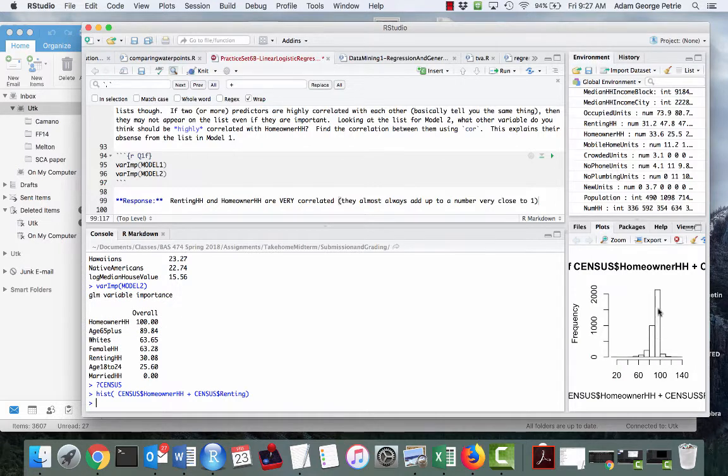We see that it's almost always adding up to just about 100%. Sometimes it is exactly adding up to 100%. Sometimes it's a little bit higher than 100%. That's weird. But they're very correlated with one another. So if we find that correlation,